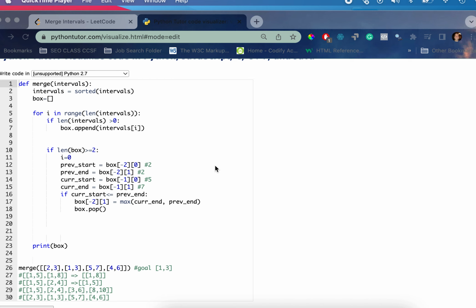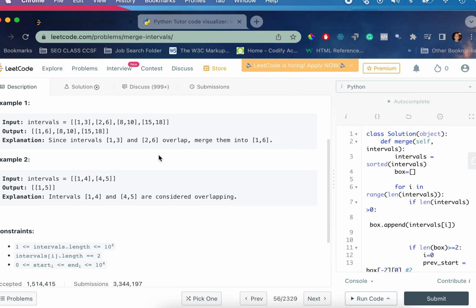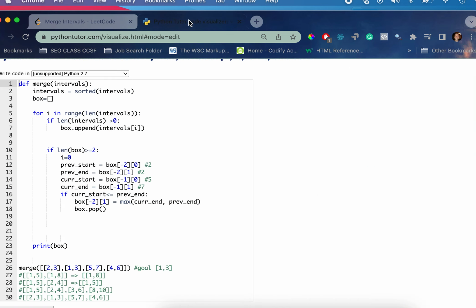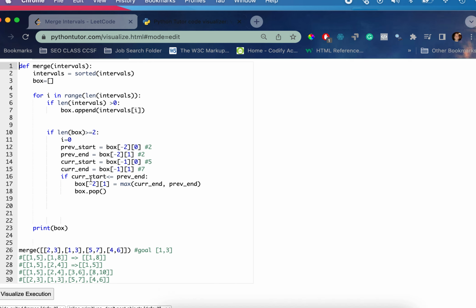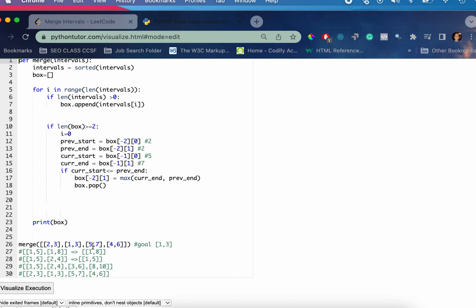and evaluate steps for this problem for the merge interval problem with the solution I just created. So I created some test cases here. There's going to be 2, 3, 1, 3, 5, 7, and 4, 6. And the goal would be for this to merge into 1, 3,